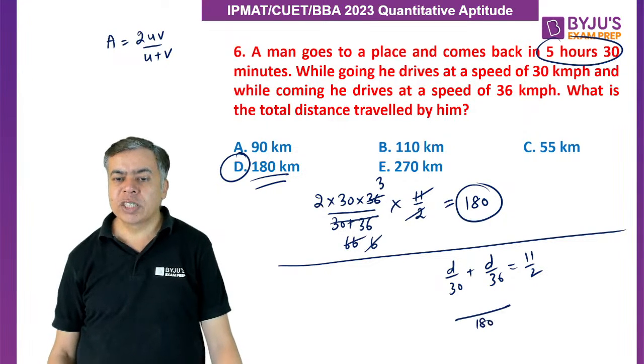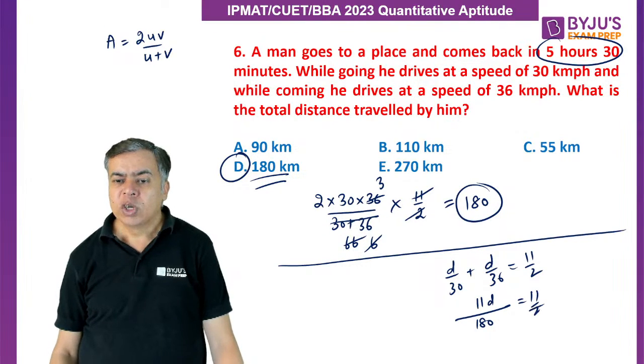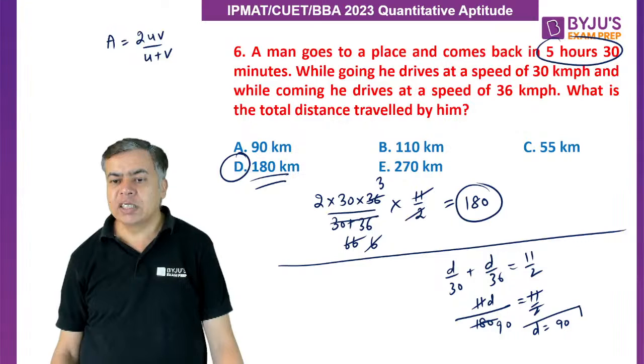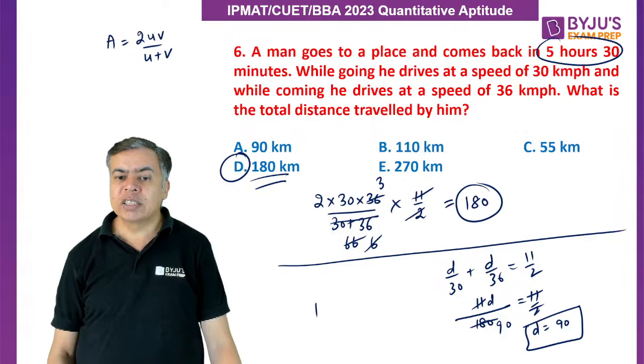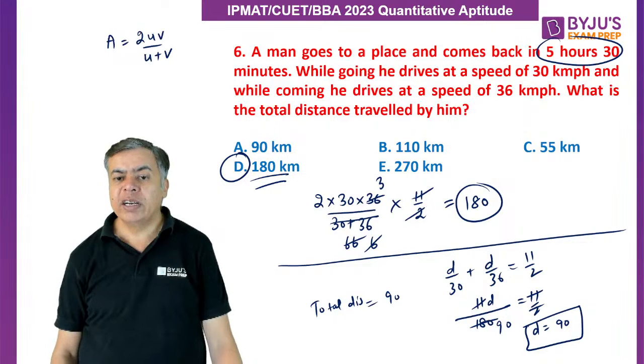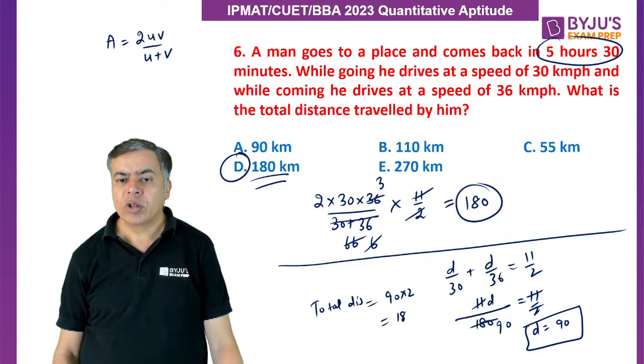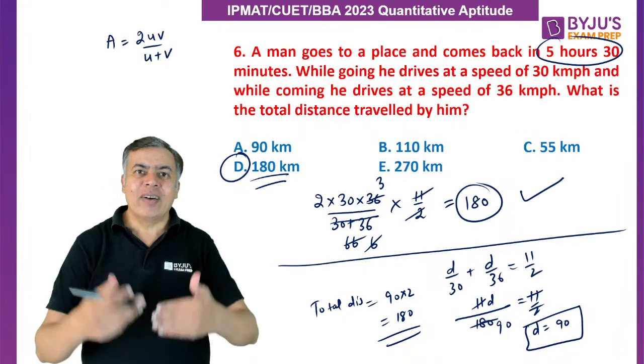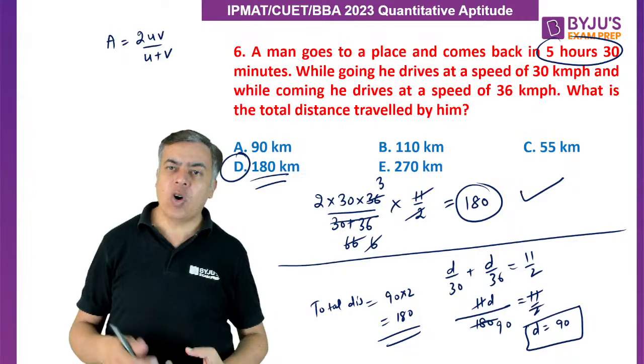So this becomes 6d plus 5d, 11d, right, 11 by 2. So 2 into 90, 11 cancel with 11, so d equal to 90. But d is the distance on one side. So the total distance again becomes d, 90 into 2, right, that is 180. Okay. But you can apply this direct formula, that is the average speed into the total time taken, or you